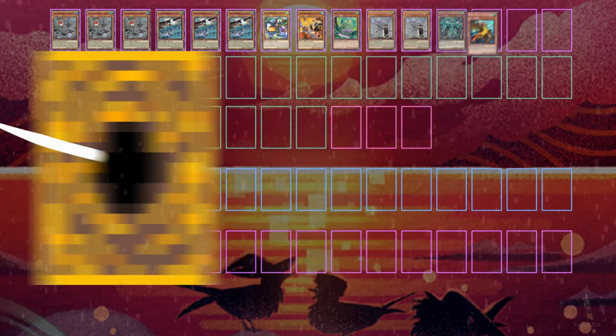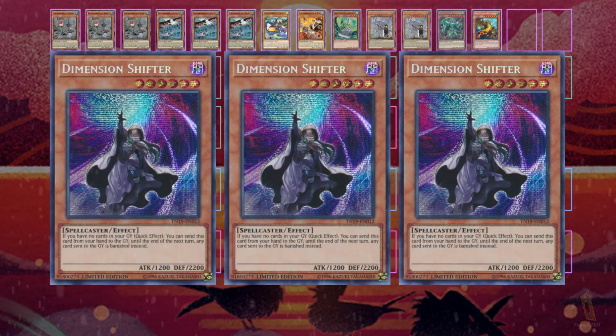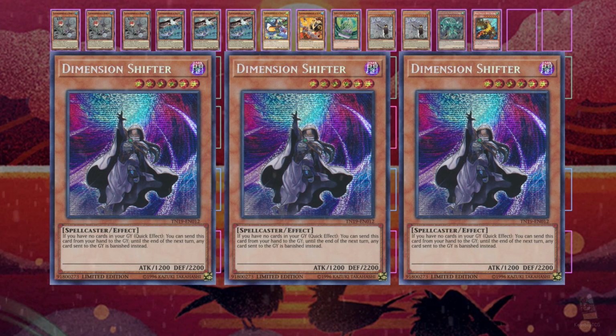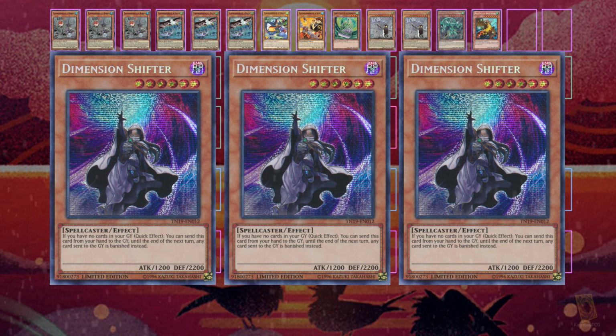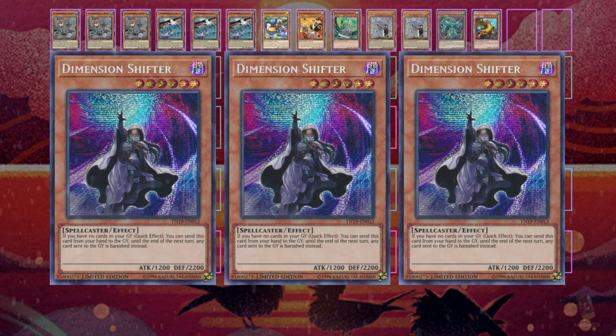Following that, we have the aforementioned Dimension Shifter. D-Shifter is insane. Send him from the hand to the graveyard while your graveyard is empty, and until the end of the next turn, all cards that would go to the graveyard are banished instead. Not only does this offer huge levels of disruption, by the way, it is a quick effect, but it also makes all your Floowandereeze spells very easy to recover with Toucan, as well as your Empen,